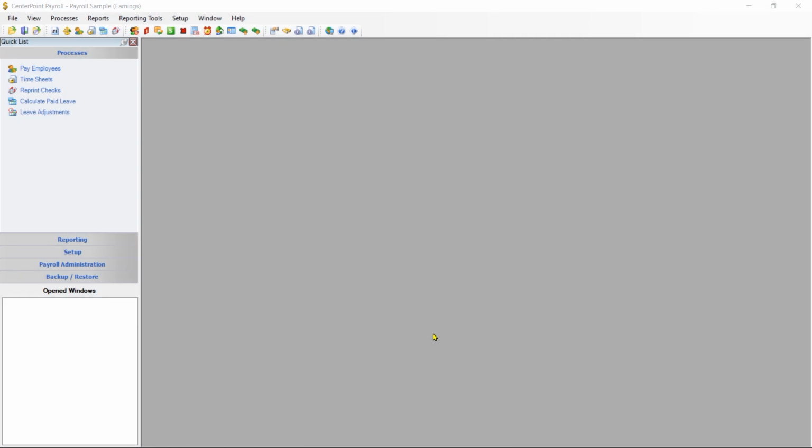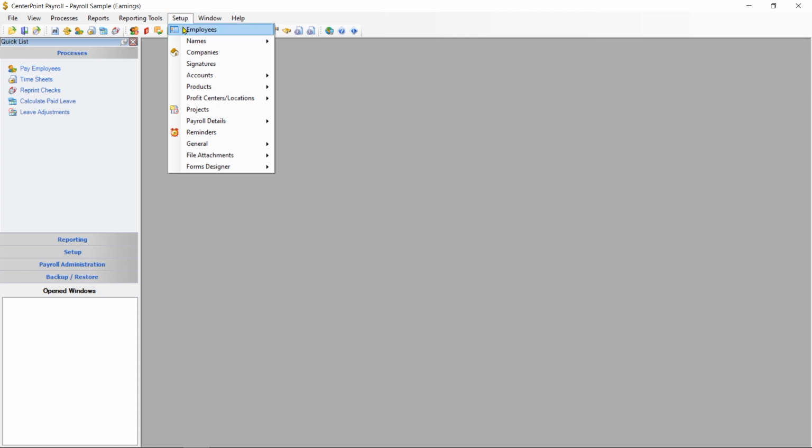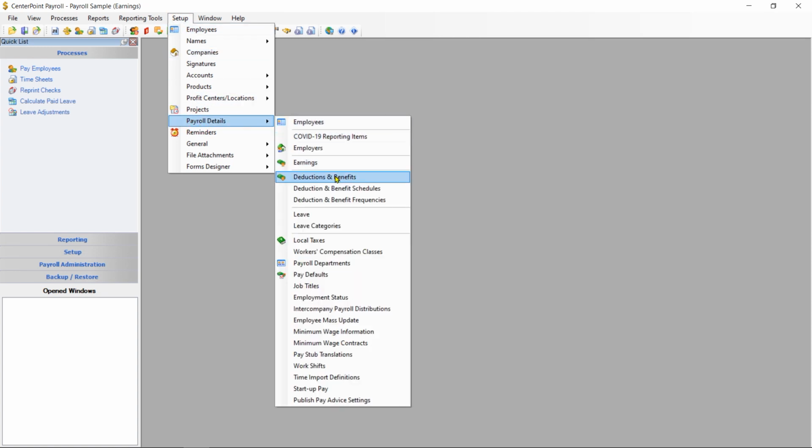Payroll deductions represent amounts withheld from an employee's paycheck for things other than taxes, things such as health insurance, retirement plan, and even garnishments. Benefits represent those things paid by the employer on behalf of the employee. It could be the employer's contribution to the employee's retirement plan or the employer's portion of health insurance or any other benefit. Both the deductions and the benefits are maintained on a list underneath Setup, Payroll Details, and Deductions and